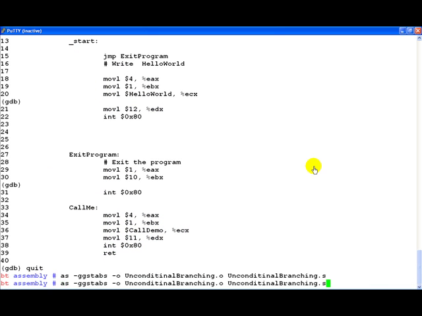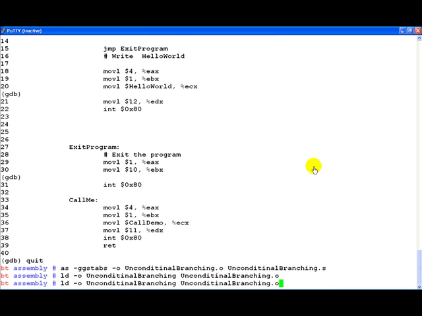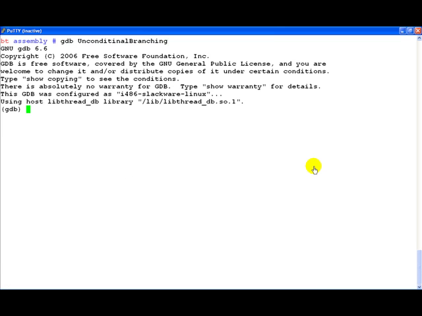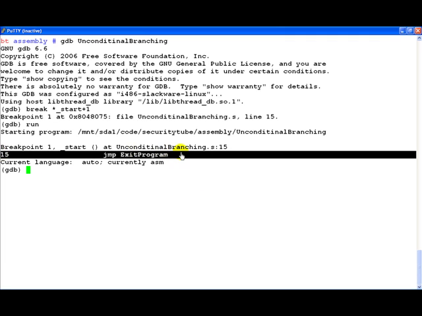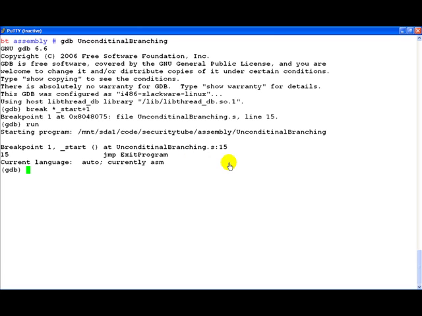Let's assemble, link, and then load it up in GDB again, and let's create a breakpoint. Let's run the piece of code. Okay, so we are here, and if you notice, the next instruction needs to be executed.